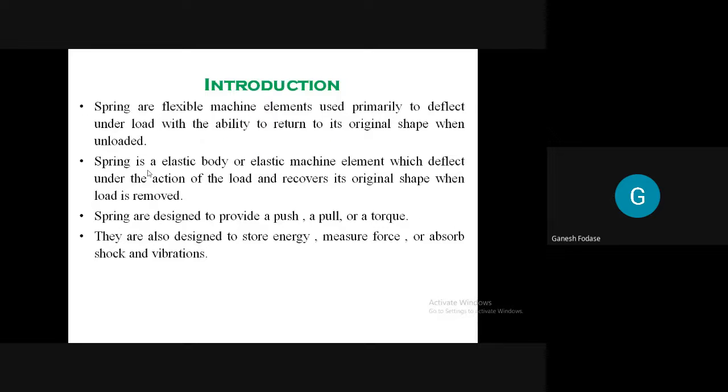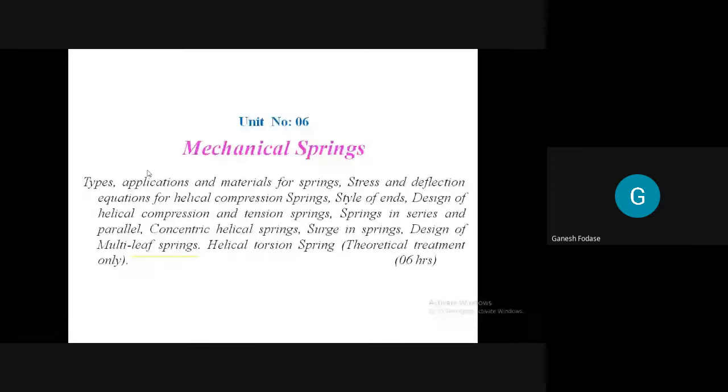So I hope all of you have heard and seen about spring, what basically spring is. So what is spring? Can you define spring? Yes, anyone? See, you are going to design spring now. So before we design a spring, you must know what basically spring is, and it is known to you. So just tell me what you understand, what is known to you about spring. Yes. No one knows about spring?